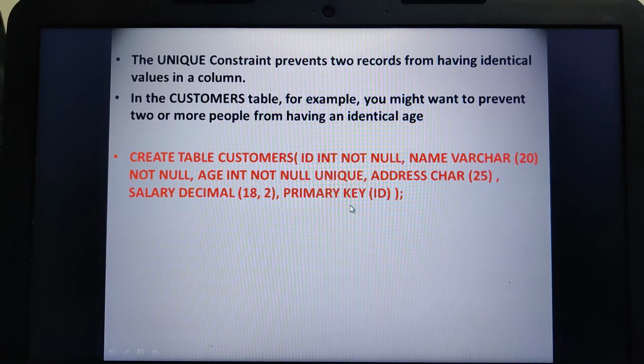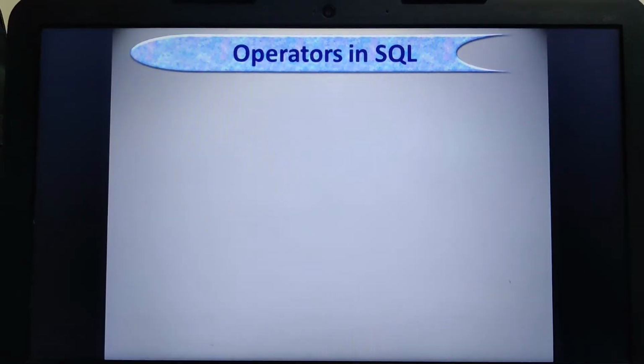So what is a primary key? In my next videos I'll be telling you. I hope you are able to understand the usage of this unique command. By applying this logical operator on age, whenever you enter values, it will make sure that there are no two same values in the age field.